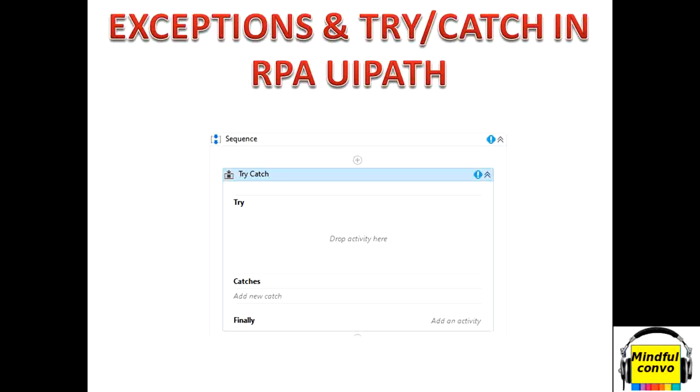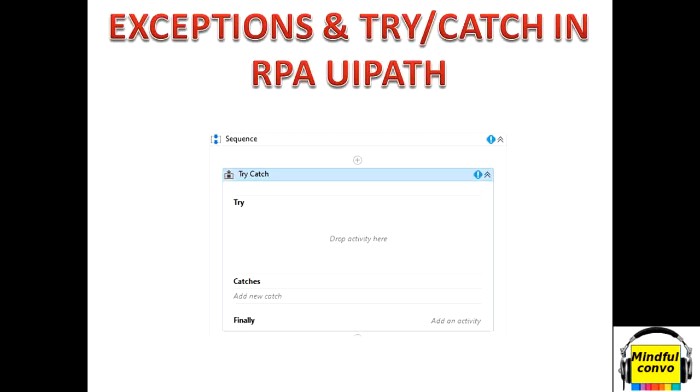Now the next exception is the selector not found exception. That is the most frequent exception that comes in RPA. It occurs when UiPath is unable to find the selector in its specified time. The next exception is the image operation exception. When any image is not found within the specified time, the image operation exception occurs. The next is the text not found exception, when the text indicated by the robot is not found within the specified time.